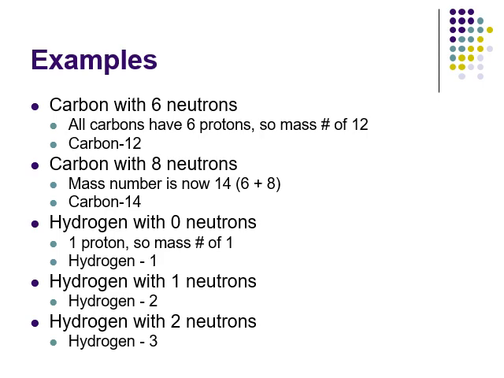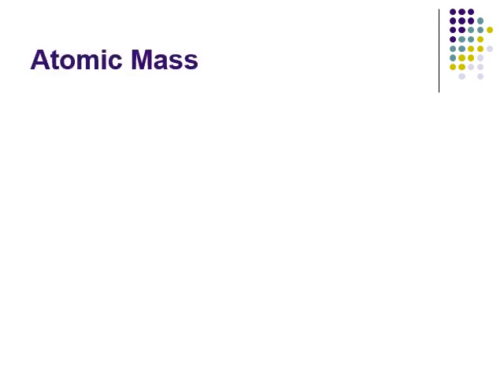Hydrogen has 3 isotopes we use. An interesting note, I think it's interesting at least, is that hydrogen actually has specific names for its different isotopes that you don't need to know. Hydrogen with 0 neutrons is what we normally call just hydrogen. Hydrogen with 1 neutron we call deuterium. Hydrogen with 2 neutrons we call tritium. Just throwing that out there.